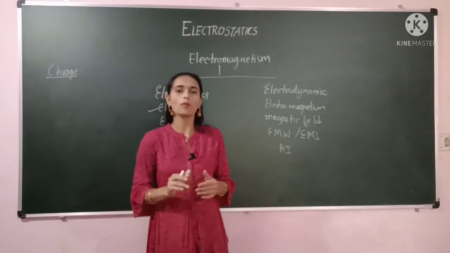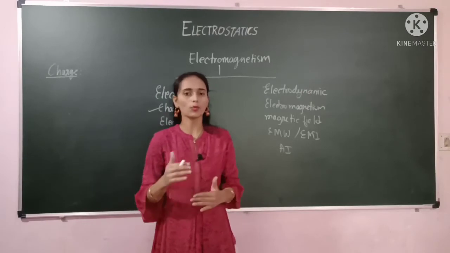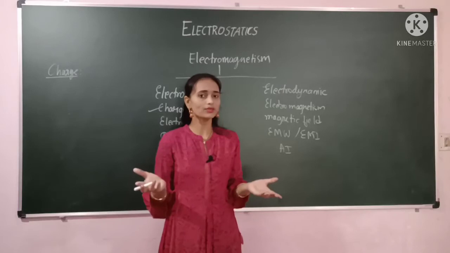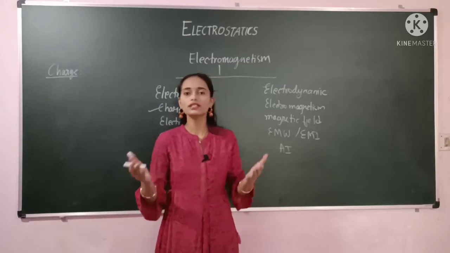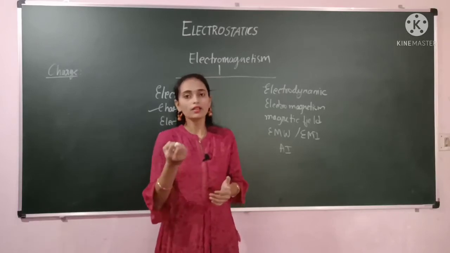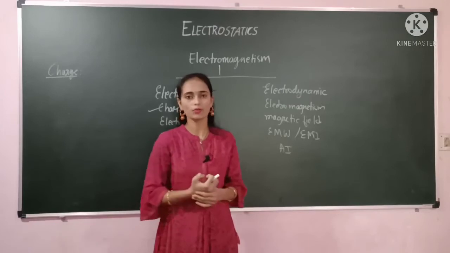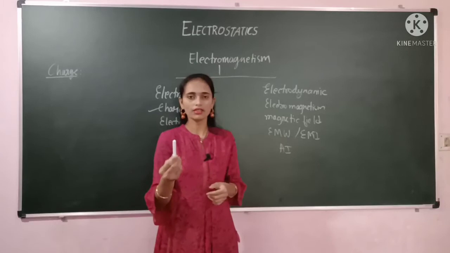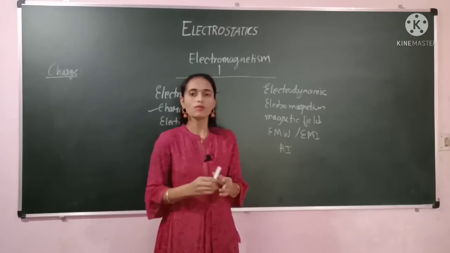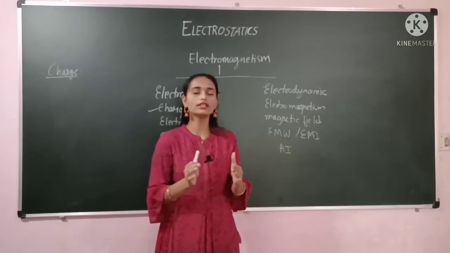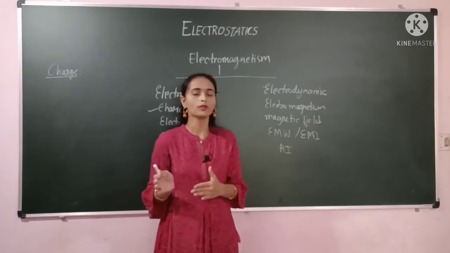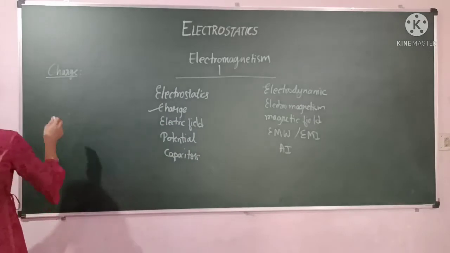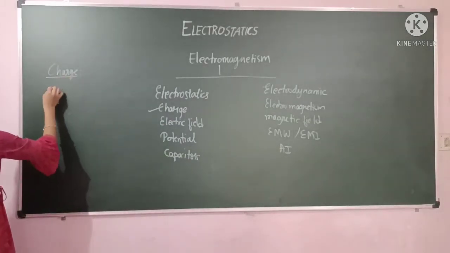Charge is an intrinsic property of matter. For example, mass. Mass is one intrinsic property of matter. It is an inbuilt, inherent property. It is present with that object only. If this is an object, it has charge, it has mass. So mass and charge are both intrinsic properties of any matter. So that is the charge. Next, in physics, to represent this charge we will use the symbol Q.